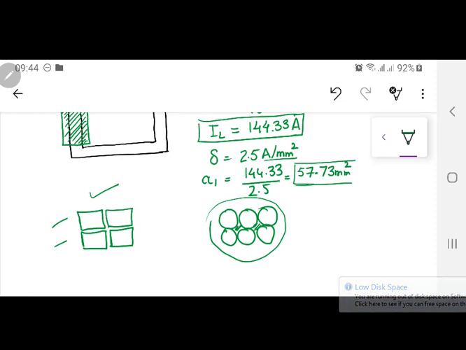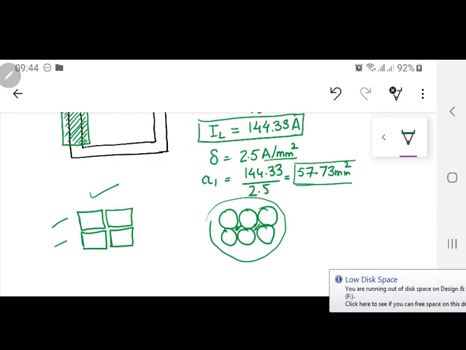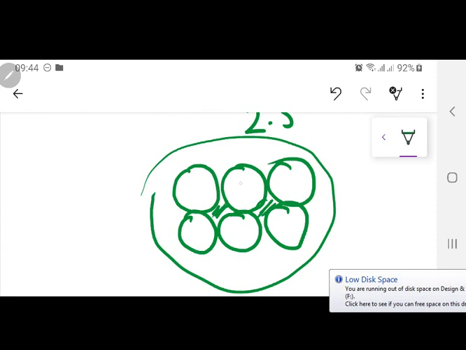Skin effect makes the current flow on the outer skirt of your conductor, which means that if I am talking about these round conductors over here, current is going to flow just on the outer edges, that is actually this dotted region over here. It's going to be hollow from the inside. So what you are going to make over here, technically, if you are going to have the 6 round conductors combined together with no insulation in between them, listen to this very carefully.